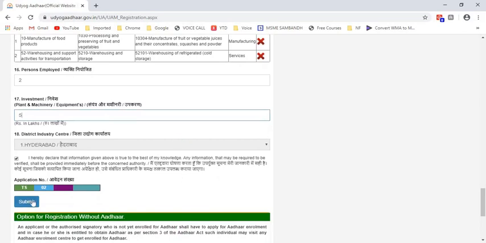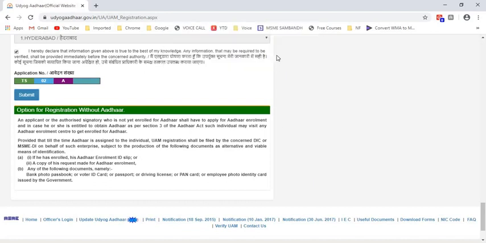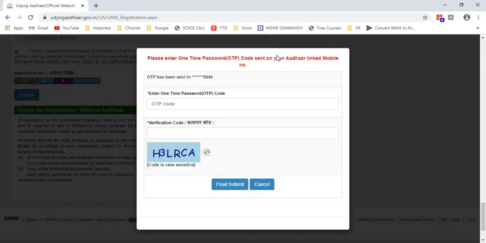Once you click on submit, it will take you to the next page. After clicking the submit button, it will ask for confirmation. udyogaadhar.gov.in says, are you sure that you have entered correct data? Click OK here. Then you have to enter another OTP. Okay. Here the OTP is sent to your Aadhaar linked mobile number.